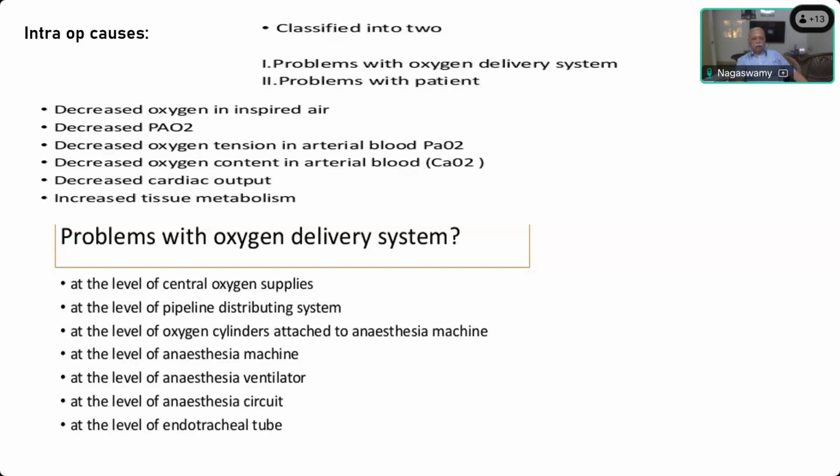And the ventilator pressure reducing valves may be faulty sometimes, or there may be a fault in the flow meter, where there may be a crack in the flow meter, or it may be at the level of the anesthesia ventilators where there may be a leak, or the circuit may be faulty, or the endotracheal tube. So these are all mostly mechanical causes of